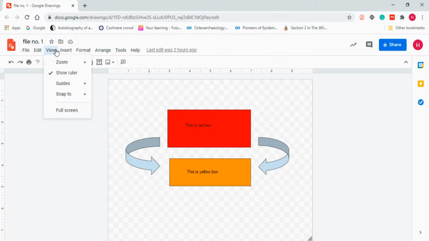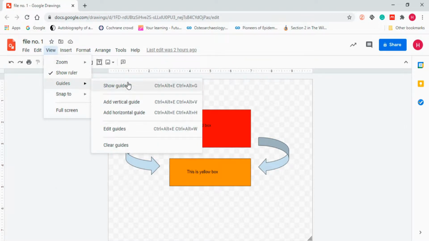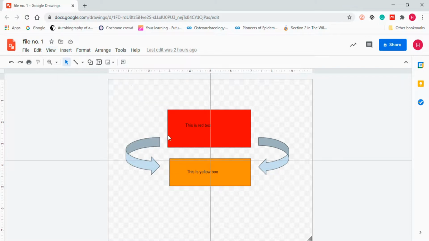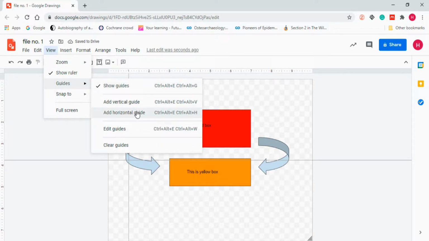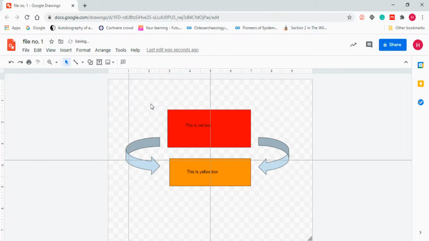After that, we have another option, that is guides. You can see show guides. Now you can see what the center is. Now I want a guide 1 inch from here. I want another guide. Add horizontal. No, I want a vertical guide. Now another guide, I want it at 8 inches.